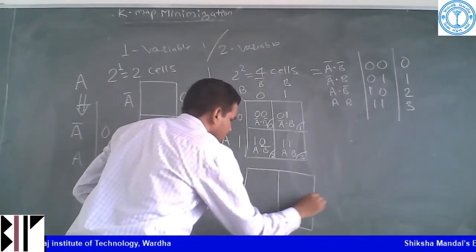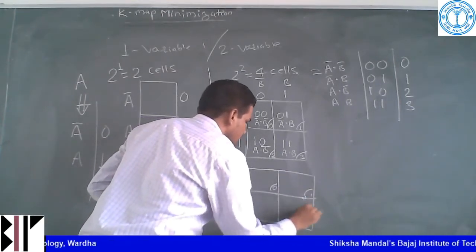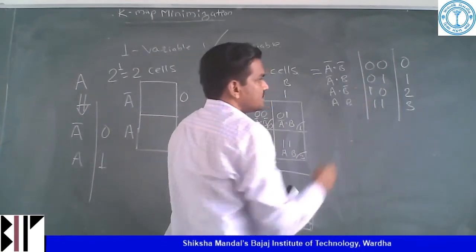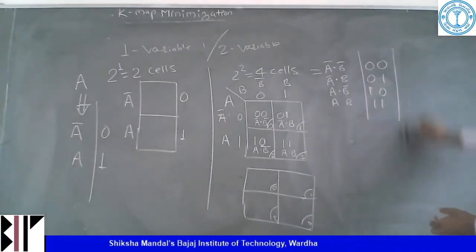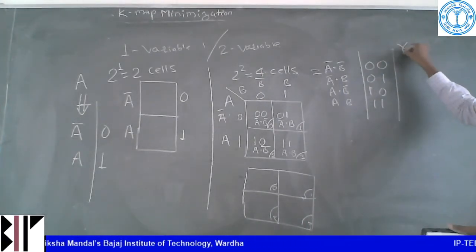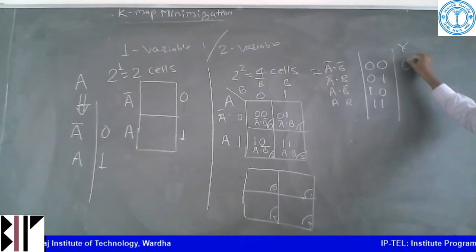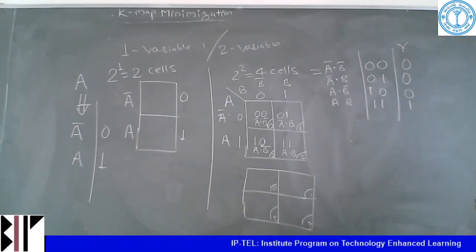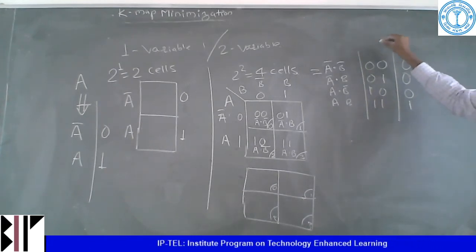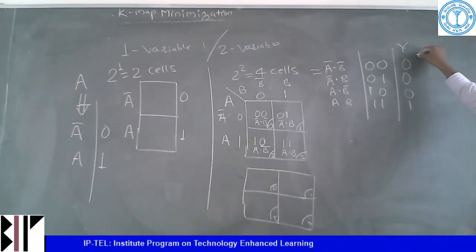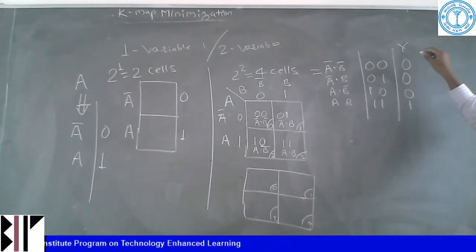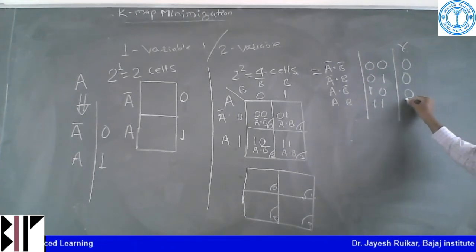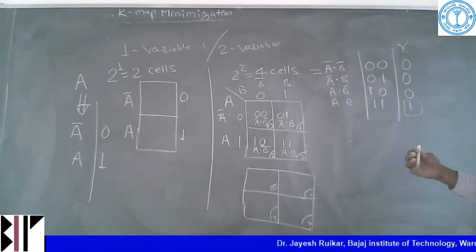This is my four variable K-map, and I know that this is 0, 1, this is 2, and this is 3. Okay, so in case of this, if any function is there, I will explain. Any function whose values are 0, 0, 0, and 1 is given in this truth table, and I have to represent it in terms of min terms. So in min terms, I have to consider the variable whose output, or whose value at the function, gives the output as 1.